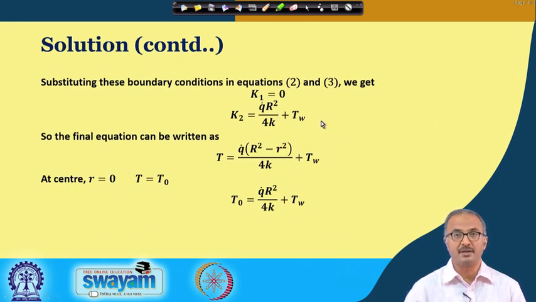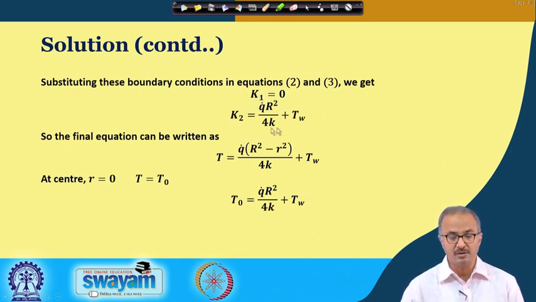Now once we apply these two boundary conditions on the model equation, we get the values of the two constants of integration. So we here find that K1 is equal to 0 and K2 is like this. Now we put these values of K1 and K2 in the given equation, and we find this is the equation we are ultimately obtaining to get the temperature variation along the radial direction.